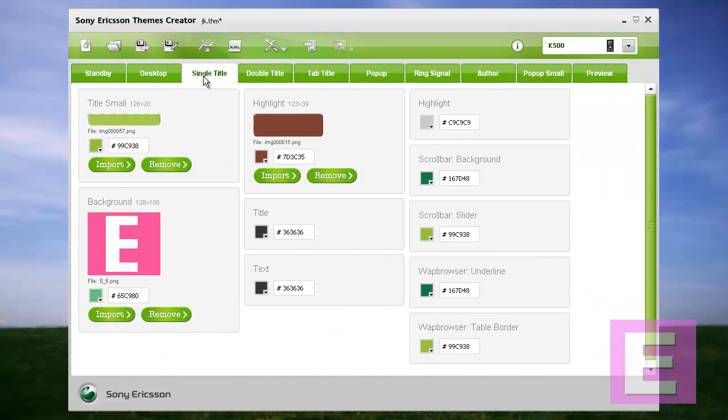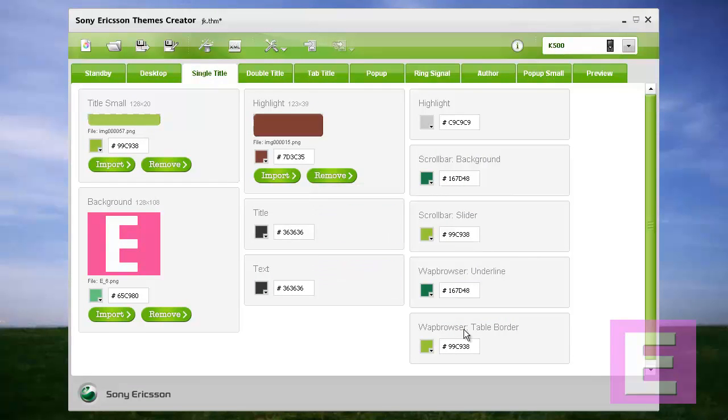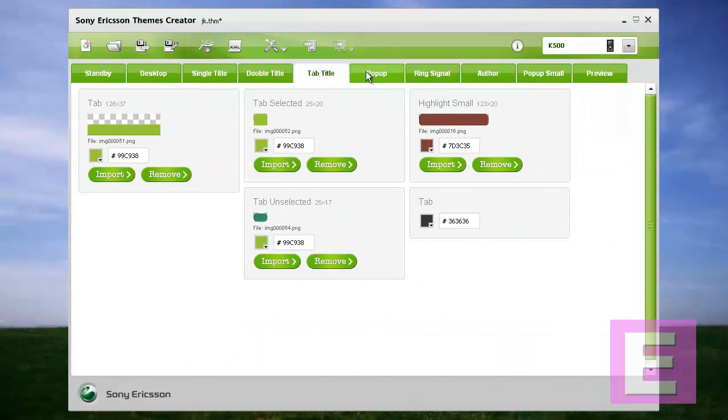Same way for single title, multiple titles, you can change the sources as per your requirement. For double title, tab title, many more options are there, pop-up.